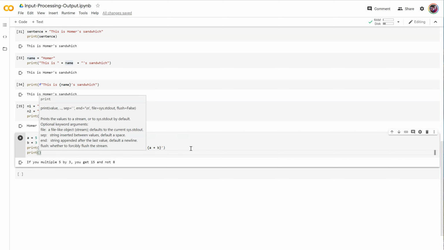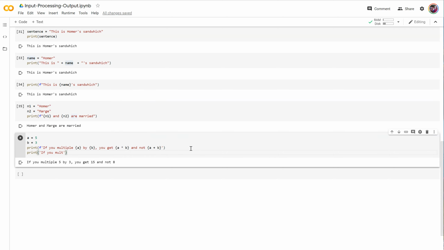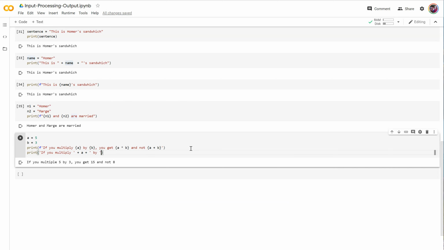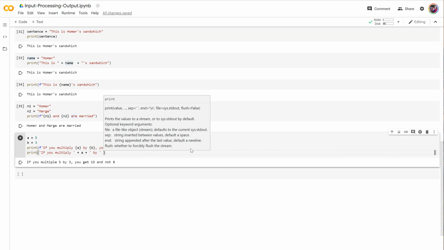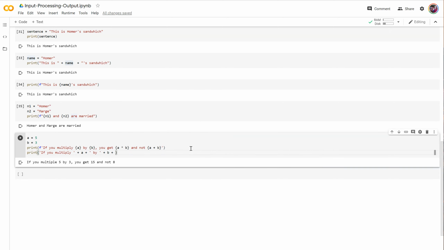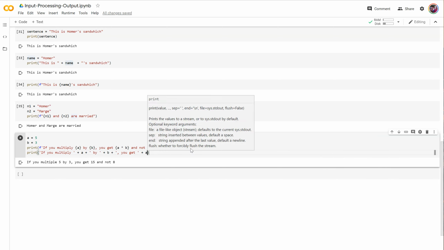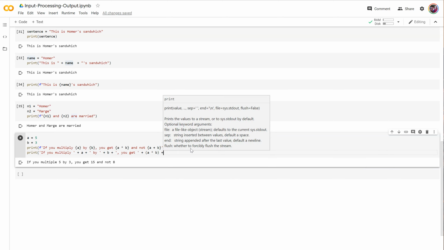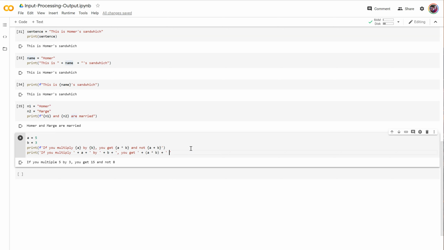Print. Maybe I should spell multiply properly. Multiply. All right, now I've got to put in a plus a, then I've got to put in by, and then plus again, b. Let's stick with our single quotes. You get, here we go again, a times b, but to do that, I better put parentheses around it just in case, order of operations and all that. A plus b and not,